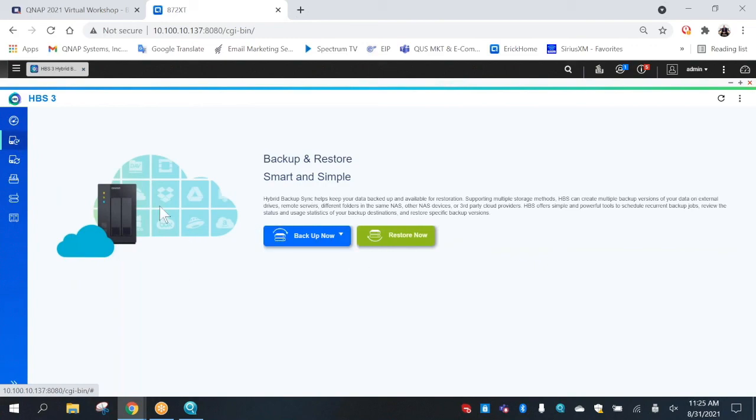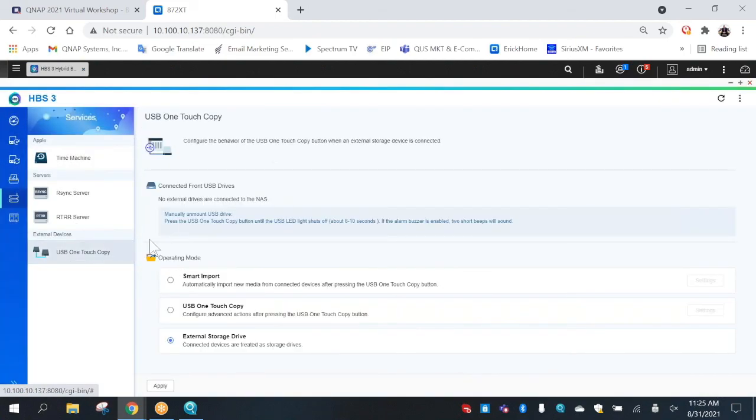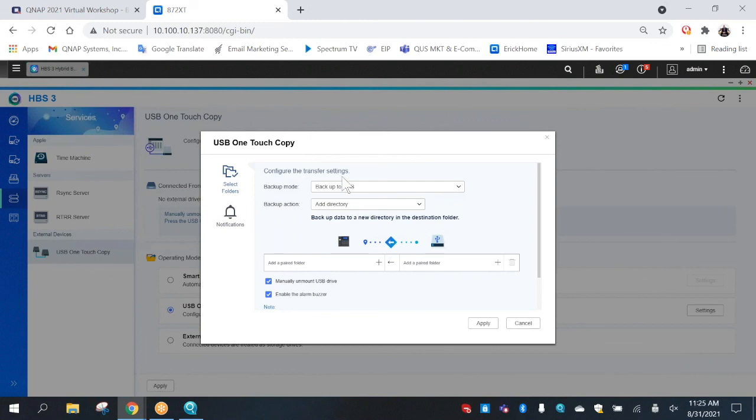So if you go down to Services, second to last, and then go to USB One Touch Copy. What this allows you to do is smart import or USB One Touch Copy as well. So let's go to USB One Touch Copy and go to settings. Let's say you go out to a video or photo editing session, or just to take photos or videos, and then you copy that onto an SD card and you come back to the NAS. You can plug the SD card into an SD card reader and plug that back into